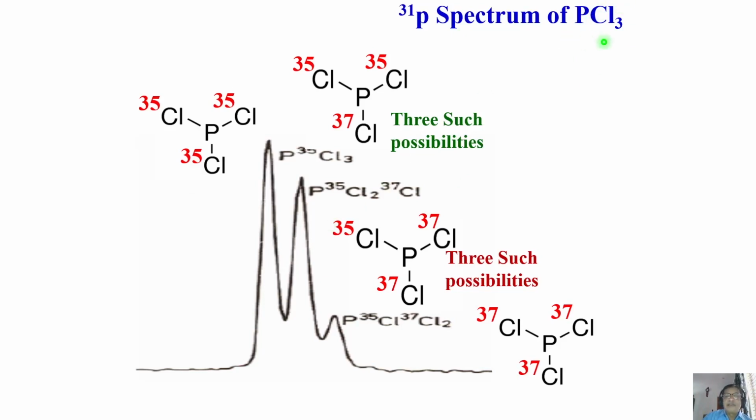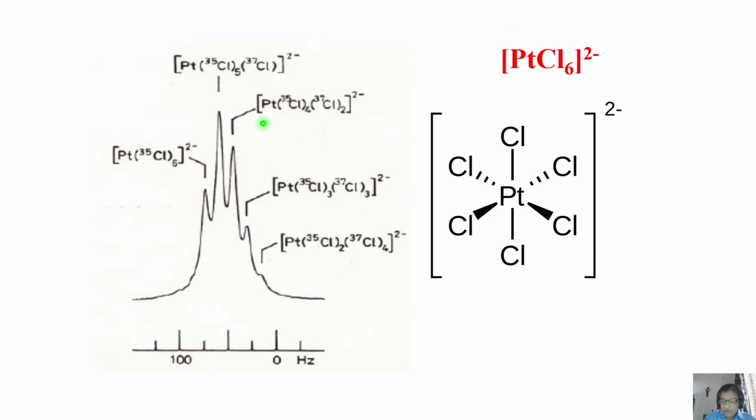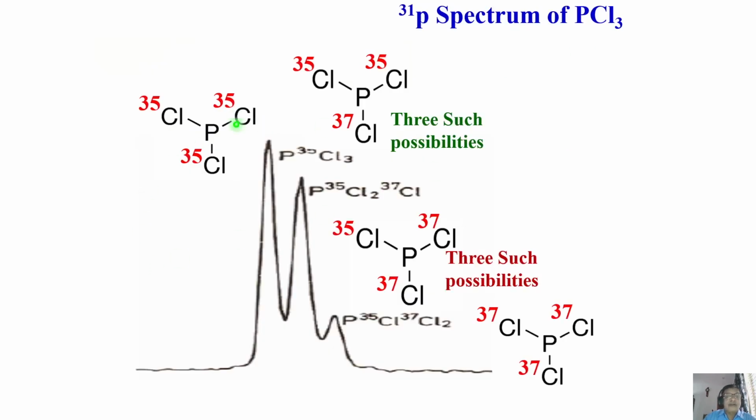So now in PCl3 also you can work out, all the chlorines can be 35, similar to CFCl3. Here I am observing the phosphorus NMR. You can calculate all the intensities very nicely, exactly obeying the same intensity pattern. Like the intensity pattern you got for CFCl3, 100, 95, 30 and 3, you will get.